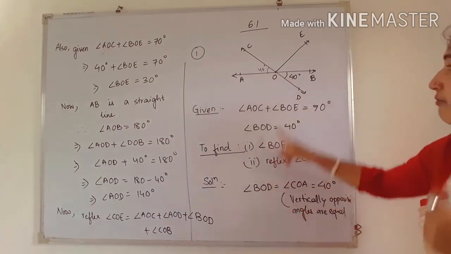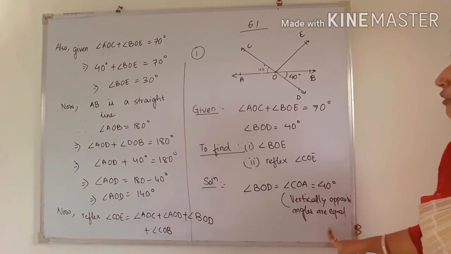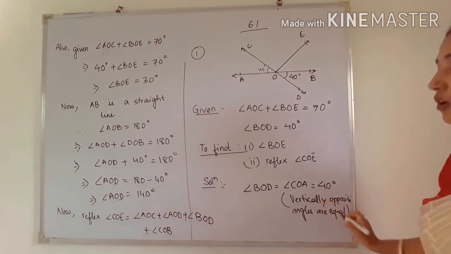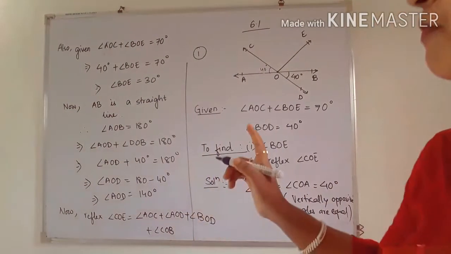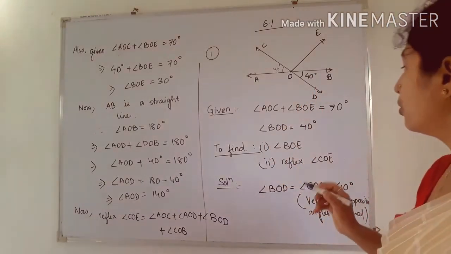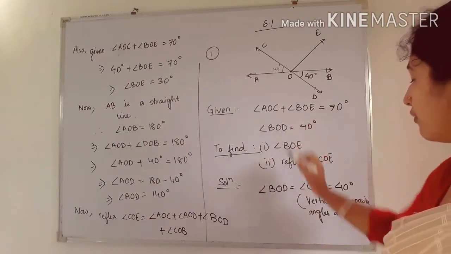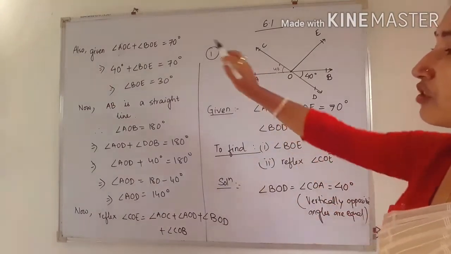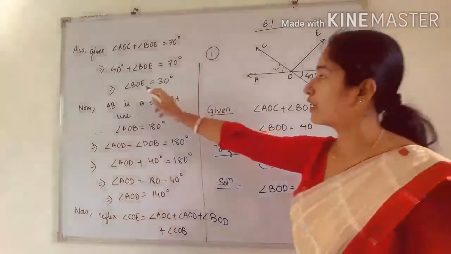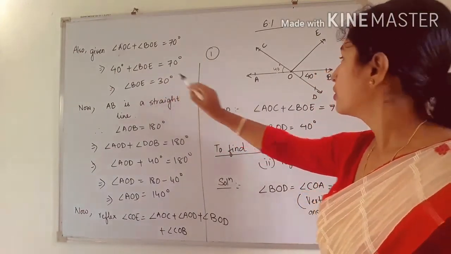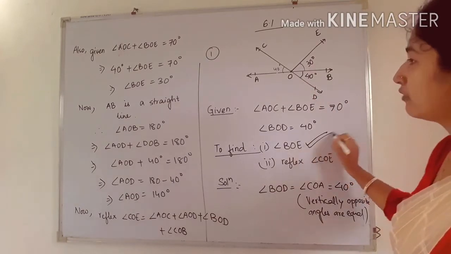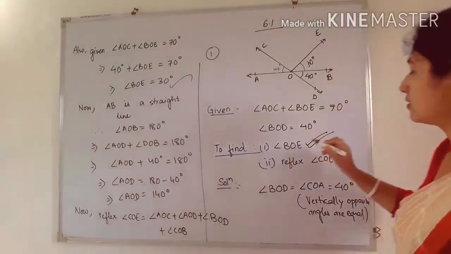Okay, so here these two angles are equal because they are vertically opposite angles, so we have to write this, and in brackets you have to write the reason: vertically opposite angles are equal. Next step, it is also given that angle AOC plus angle BOE is equal to 70. So this is already given. We already found angle AOC is equal to 40. So in place of angle AOC we will put 40 degrees. By solving this equation we will get angle BOE is equal to 30. So BOE is this one, 30 degrees. So that means the first part to find, we have already found. First part is finished.